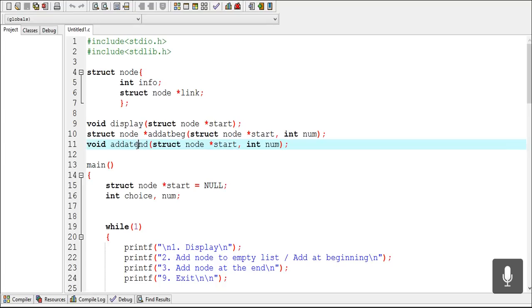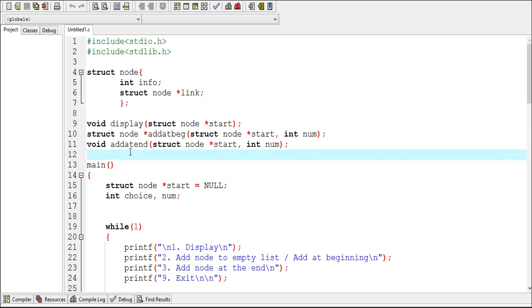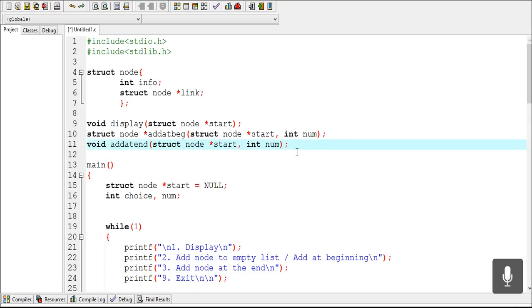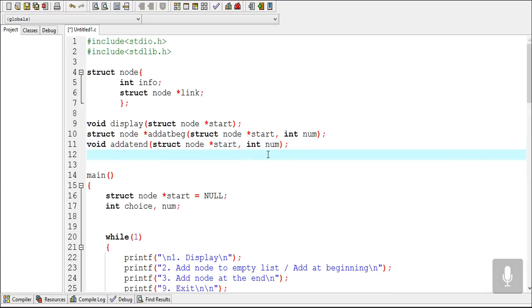Hey guys, so in my previous video I created this add@end function to add nodes at the end of a linked list, and in this video I will show you how to delete nodes from a linked list. So first declare the function to delete nodes from a linked list, and the name of my function is del